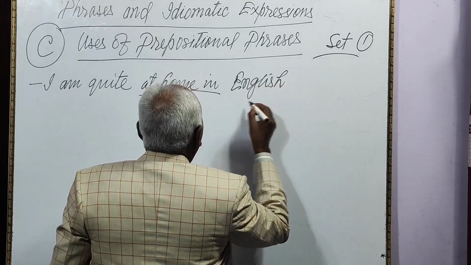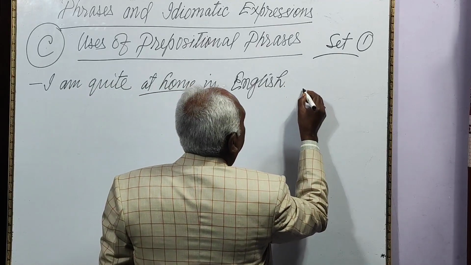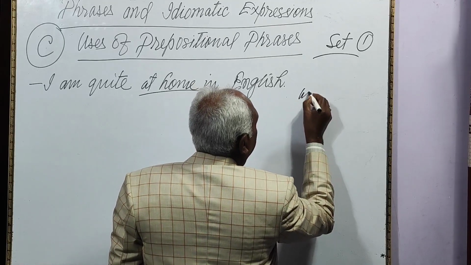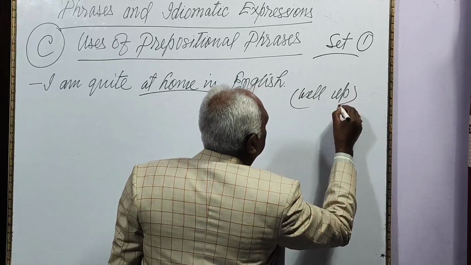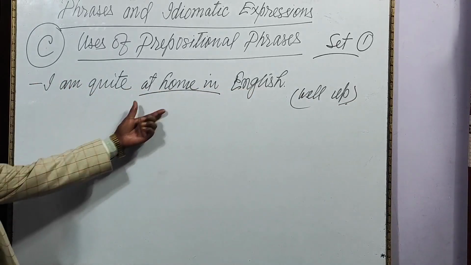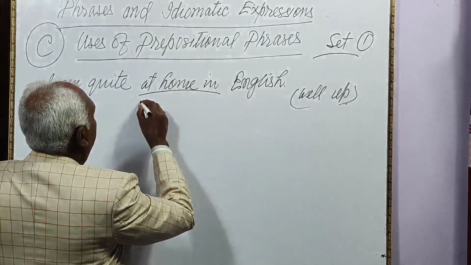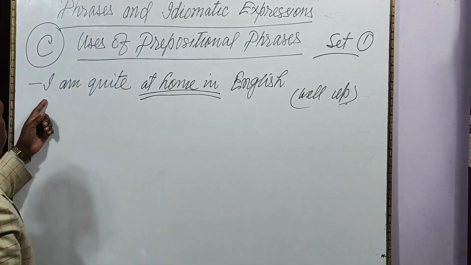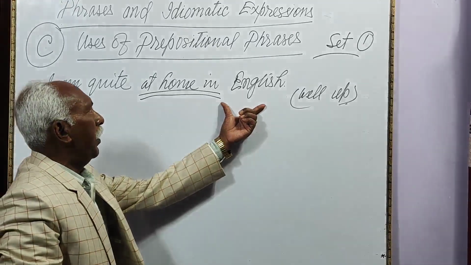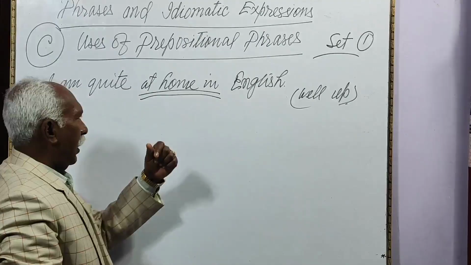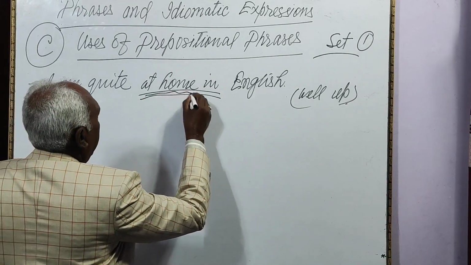I mean to say quite at home in, that means well up, well versed. Suppose she is at home in music performances. Likewise, you may frame other sentences using this